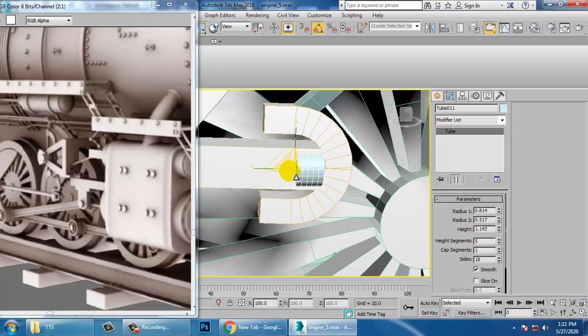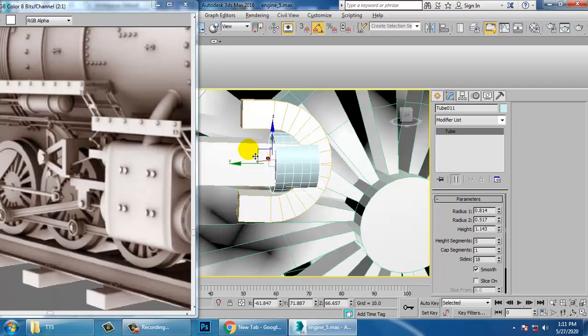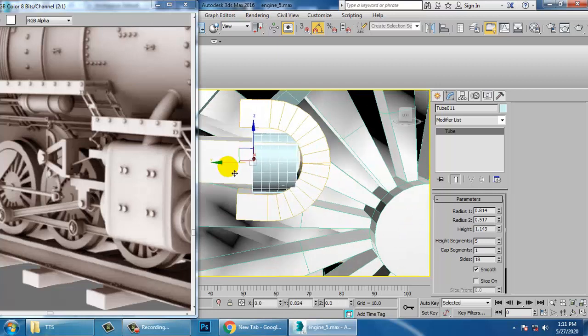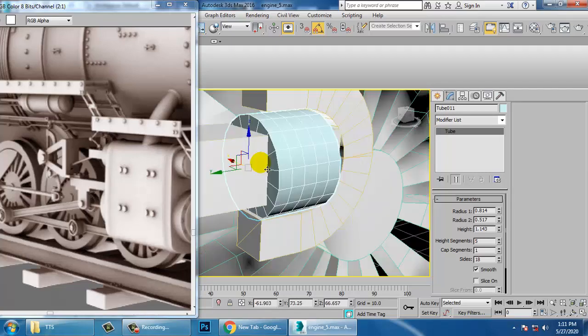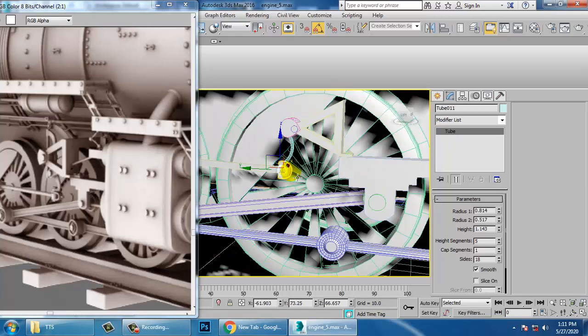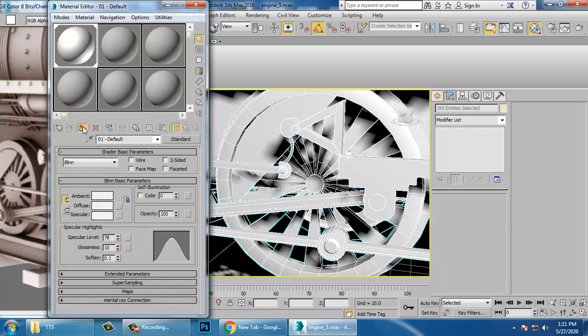Scale it. Alright. The very minute details.